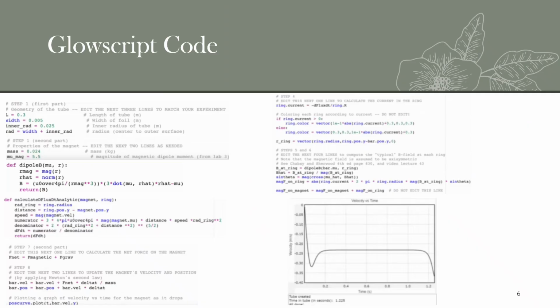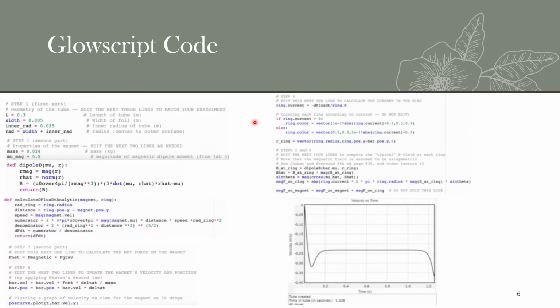Now we get to the simulation portion of our experiment using our GlowScript code. Right here in part 1 is just us setting up our initial conditions. And then we have calculating the magnetic field at a position r relative to the bar magnet using the Biot-Savart law. Then we calculate the rate of change of magnetic flux through each ring caused by the falling magnet right here. And we also use Faraday's law over here in step 4 to calculate the current induced in each ring